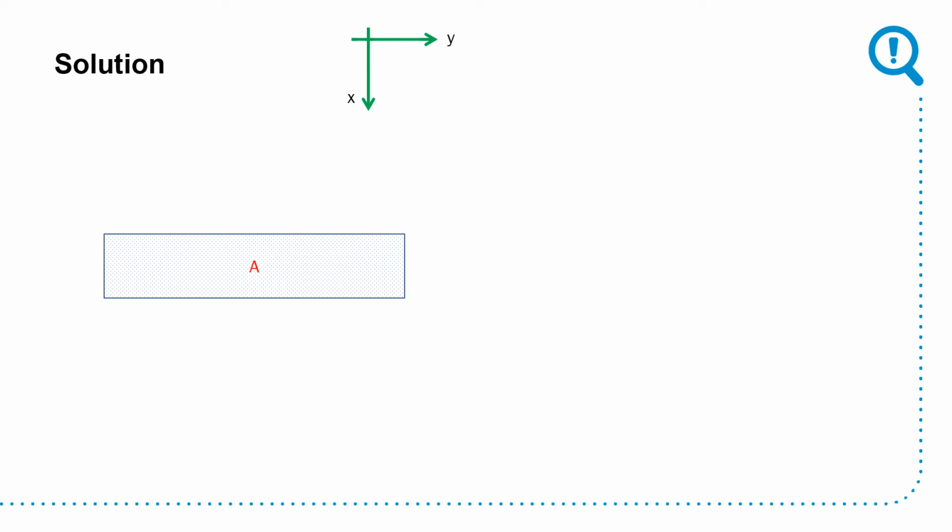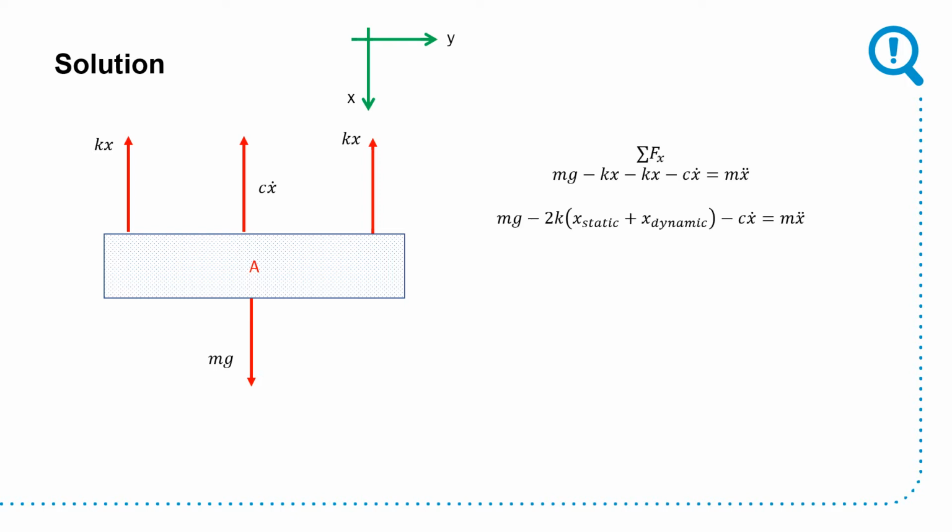mass, I have forces that act to pull it back up, kx, a retarding force that acts to slow things down, c x dot, and I have weight, which is acting downward. Now, the one thing that you'll notice right away is that I have defined things as positive down. Downward is a positive direction. So if I do sum of forces in x, that's going to be mg minus kx minus c x dot equals